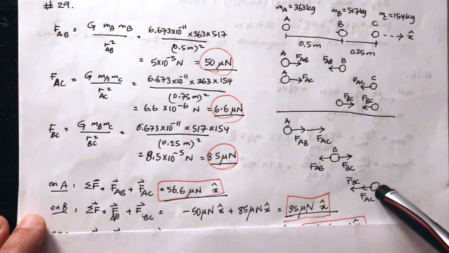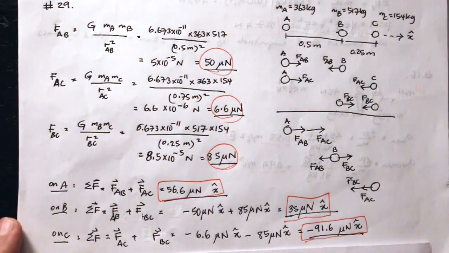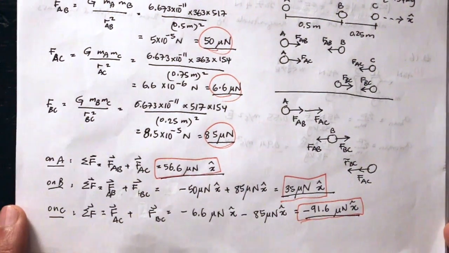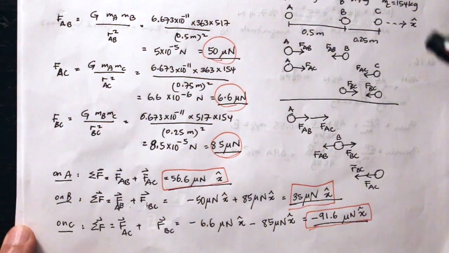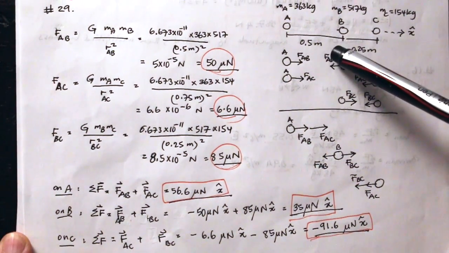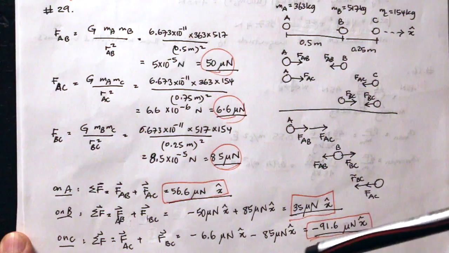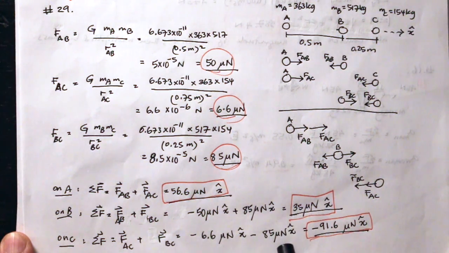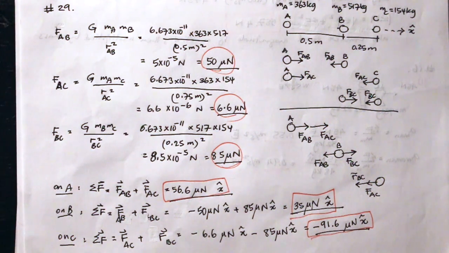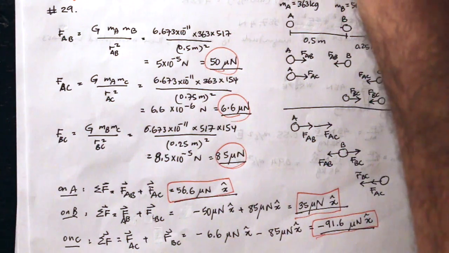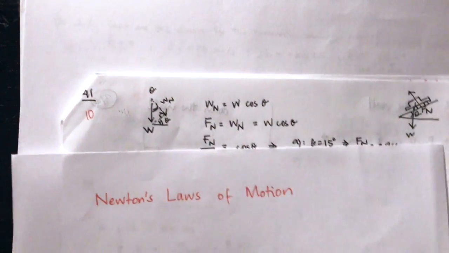And for C, you find that they're both pointing to the left, both contributions from the pull of A and the pull of B. So you add these both with the appropriate signs, and you find this is the net force on C. The next question is question number 41,